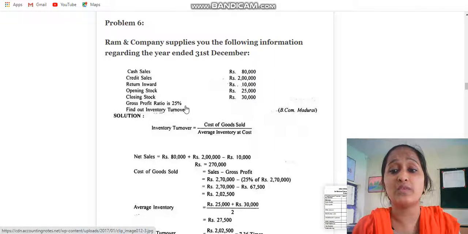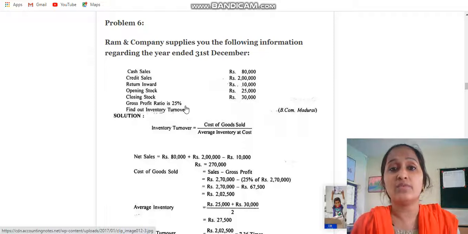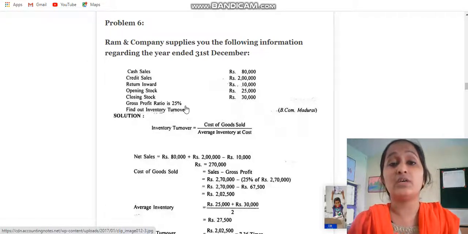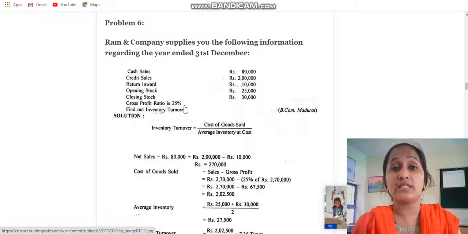As you know very well, inventory turnover ratio is a part of activity ratio. So first thing, when they give any ratio, you should see what the formula is for the respective ratio which they are asking us to calculate. Different four segregations are there, but especially they are asking us to calculate stock turnover ratio, inventory turnover ratio. Remember both the names are the same, inventory and stock, so don't get confused.